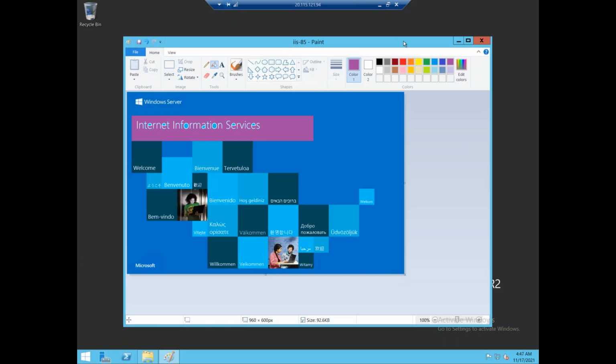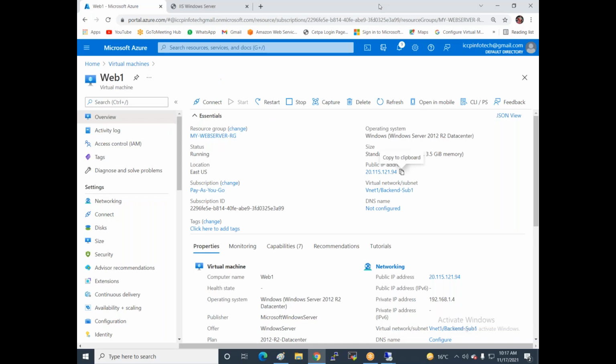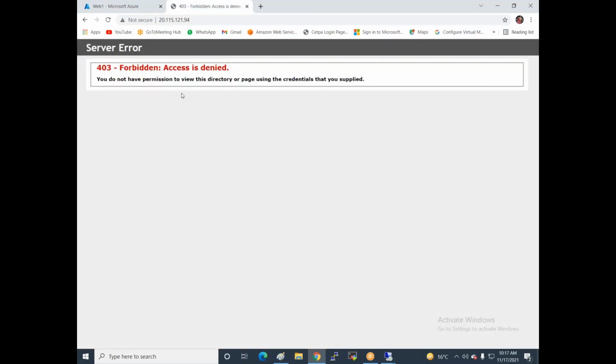So now I simply delete this web page, the entire web server content. Now I delete this one. If I delete this, then you can see it gives you an error, because I deleted my web server's website location.